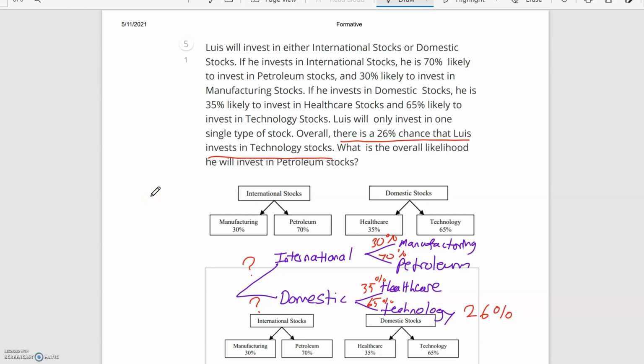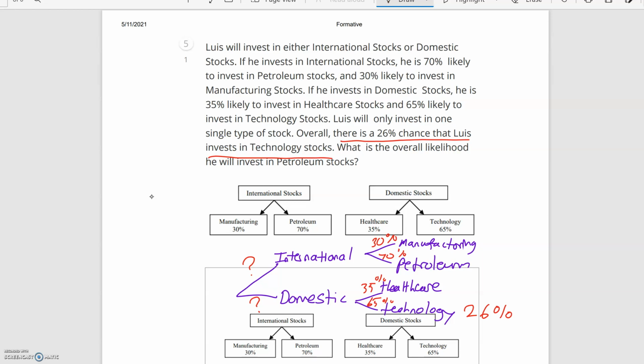All right, so question 5. My recommendation for question 5 would be to actually create your own Venn diagram. It actually will help a lot because you got these two Venn diagrams and it might be a little tricky, but again, if you just think of it in this way, it might actually help, and you'll see why in a second. So what they've told you is a bunch of things, and they've given you the tree diagram already,